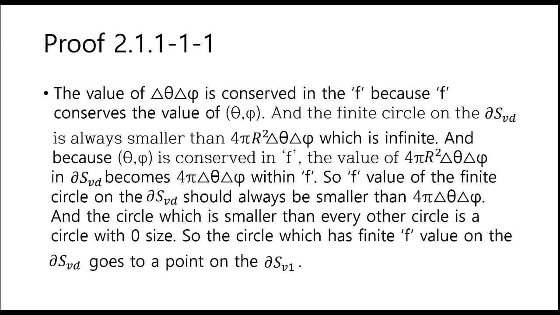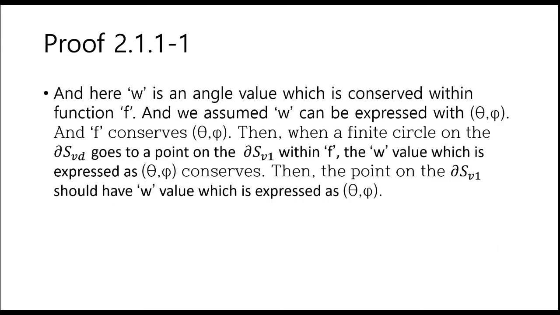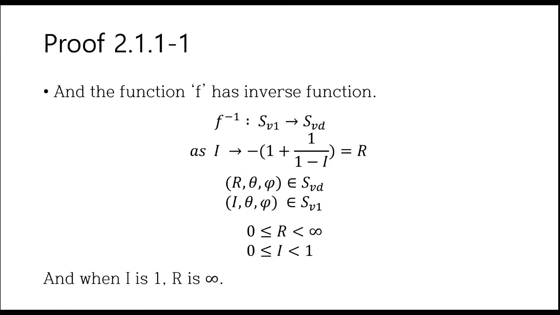So the circle which has finite f value on the DS3D goes to a point on the DS3D1. And here omega is an angular value which is considered within function f, and we assume the omega can be expressed with theta phi, and f conserves theta phi. Then when a final circle on the DS3D goes to a point on the DS3D1 within f, the omega value which is expressed as theta phi conserves. Then the point on the DS3D1 should have omega value which is expressed as theta phi,